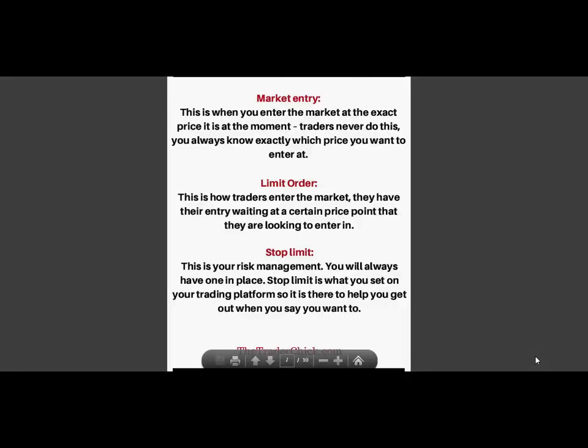So when you enter the market, there are two ways you could enter. Market entry means I am going in right this second. The second I see that price, that's where I'm going. You do not do that for day trading. That is only when you are investing for the longer term, because you don't care what that little difference in price is, all right? Because in the long term, you're going to be sitting on it.